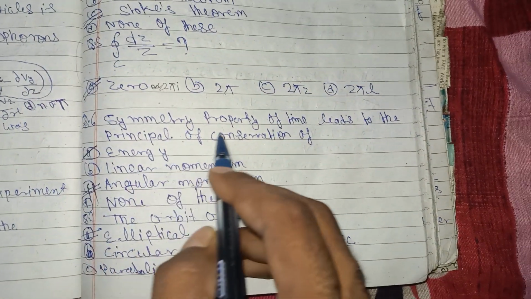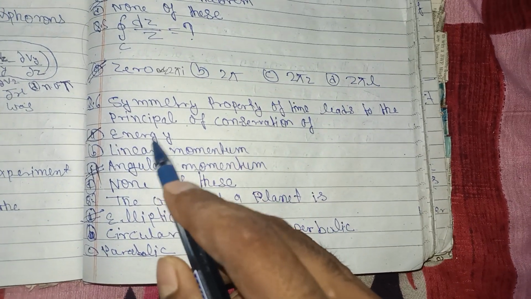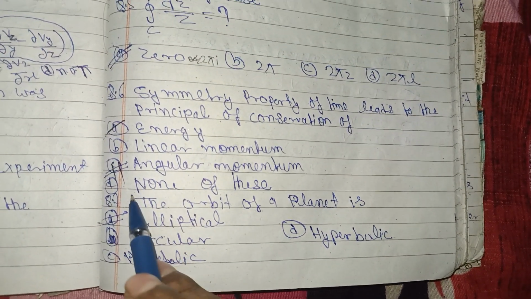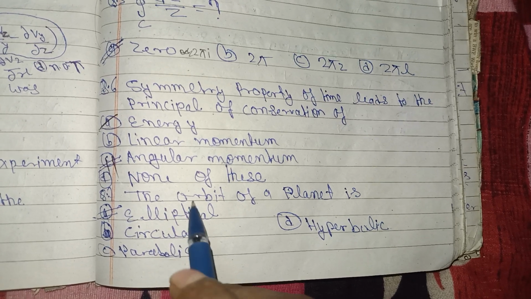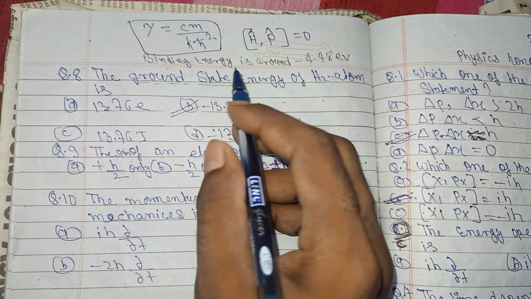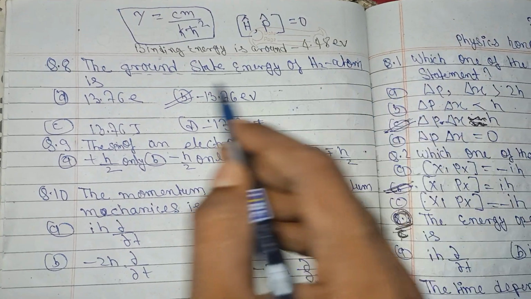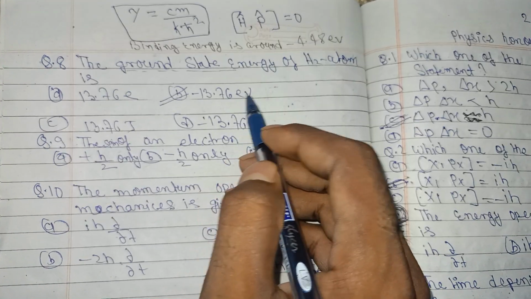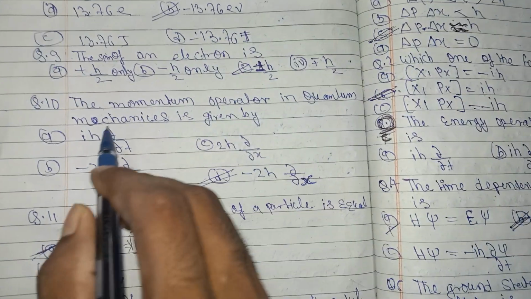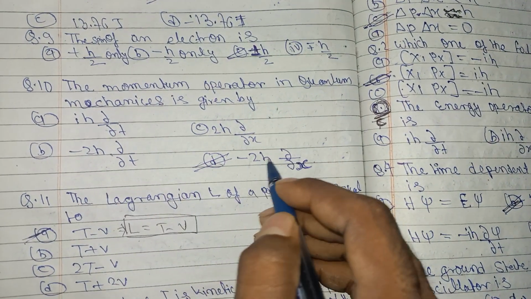A symmetric property of time leads to the principle of conservation of energy. Energy is correct. And question number 7 is, the orbit of a planet is elliptical. So the ground state energy of a hydrogen atom is minus 13.6 electron volt. Question number 9, the spin of an electron is plus minus h by 2. And question number 10, the momentum operator in quantum mechanics is given by minus i h cut del by del